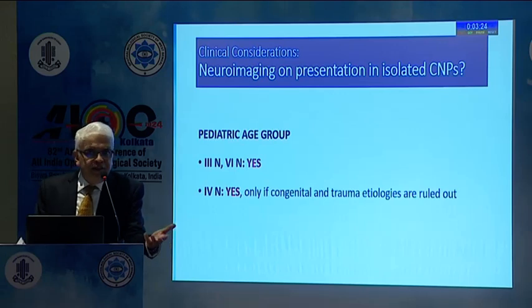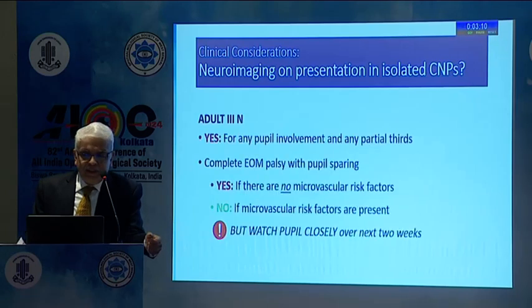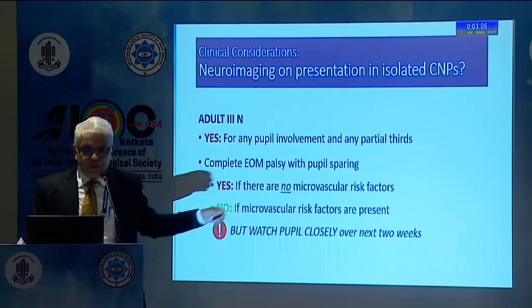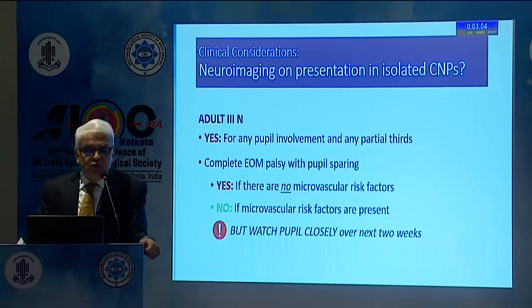If you're seeing a child with a third nerve or a sixth nerve palsy, you would scan these. In third nerves, it's serious. Sixth nerve could be malignancies. Whereas the fourth nerve, it could be congenital. That's the most common cause, or maybe trauma. Secondly, if it's an adult third nerve, yes, you would do imaging for any pupil involvement or any